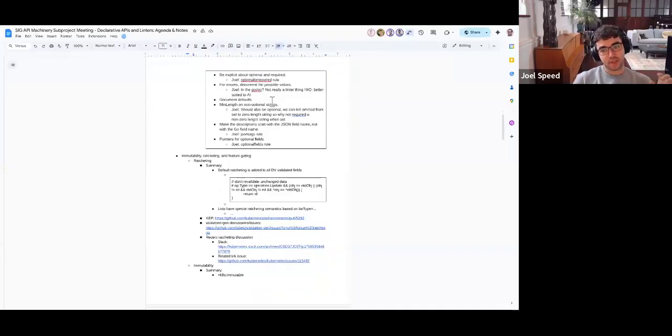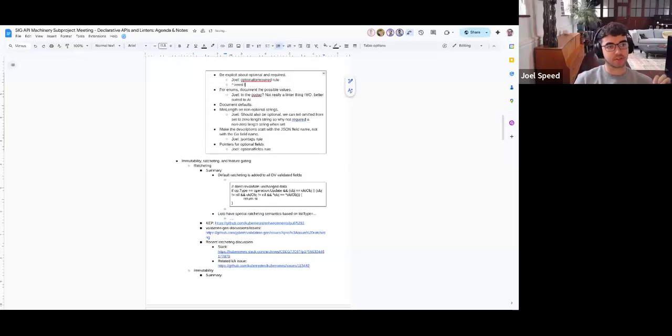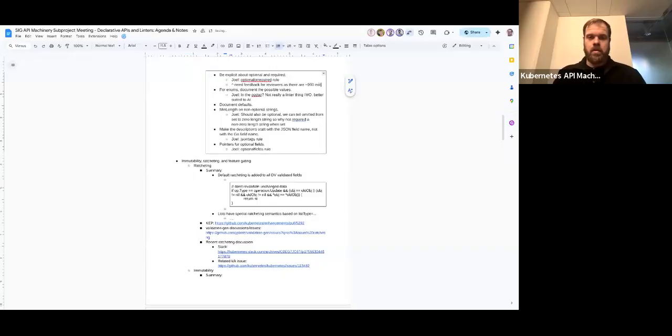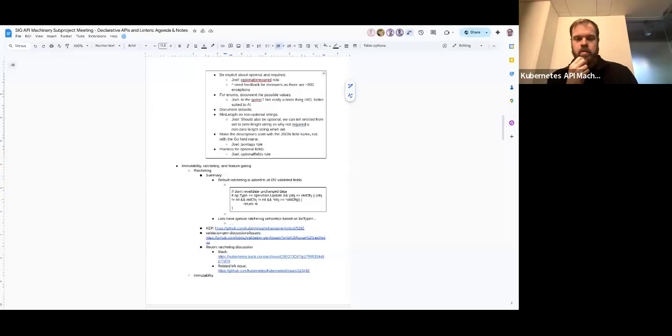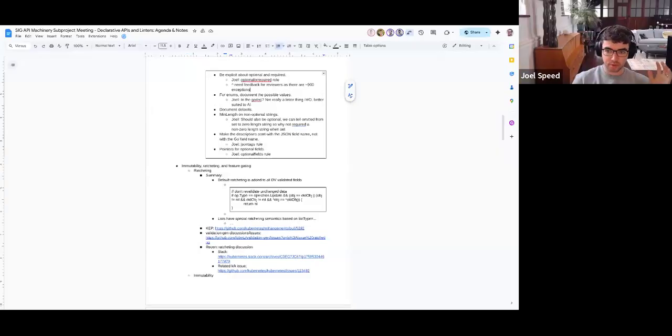I did start implementing that and enabling it on KK, but I need some feedback from the reviewers because there are 900 or so exceptions. I went through and tried to fix about 50 of these by looking at the validations and how they're actually implemented. But I didn't want to go too far because it was taking me quite a long time before I got initial feedback. So I will try to find where my work in progress got to and bring that up to Stefan, and maybe Jordan and Tim as well, to see if they can help out.